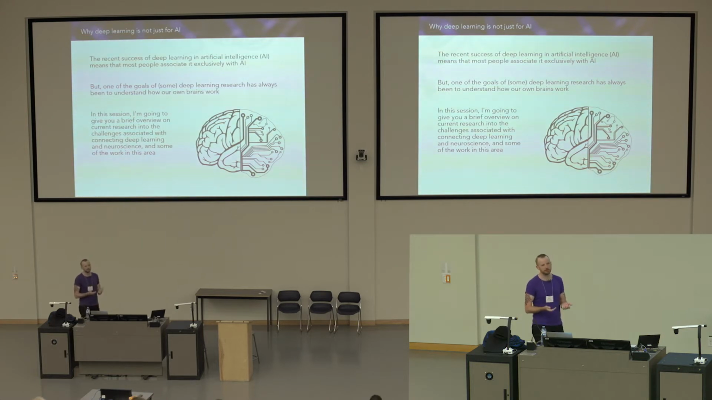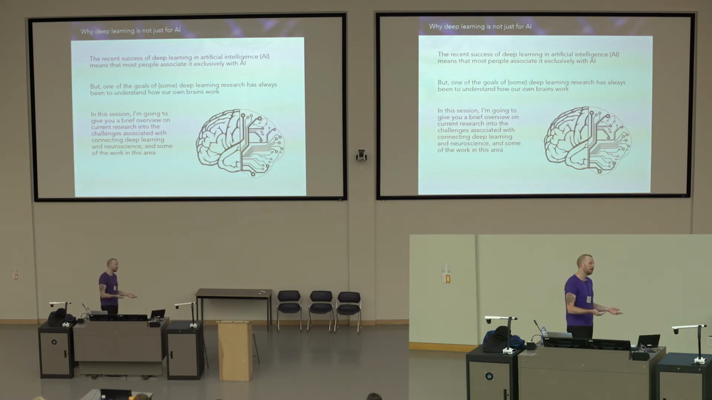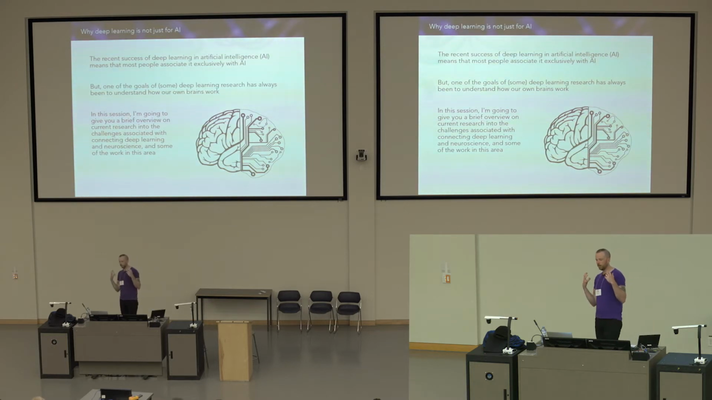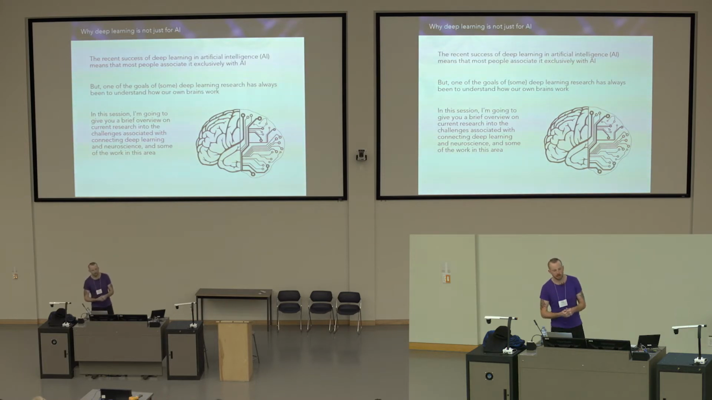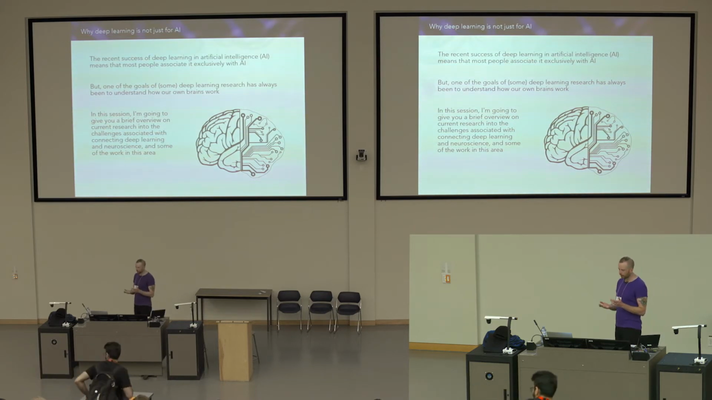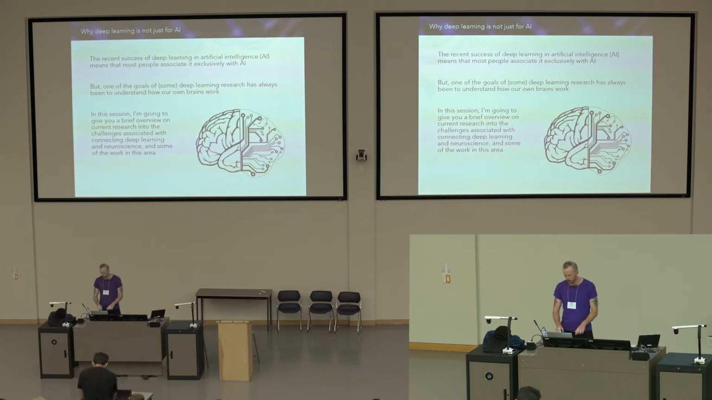Many of the models that were developed, especially in the early days, less so now within the commercial sector, were developed to understand what happens in our brains. So in this session, I'm going to give you a brief overview of the challenges of linking deep learning with neuroscience, and try to give you a sense of what some of the work in this area has uncovered in the past, let's say, 5 years. Okay, so